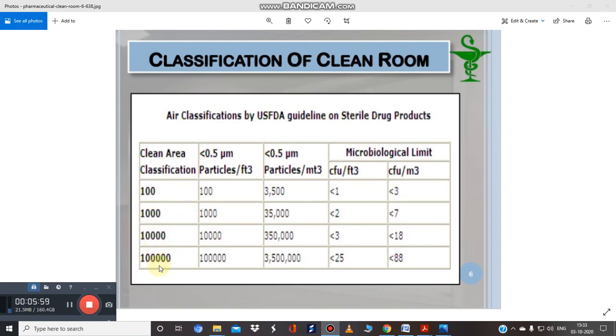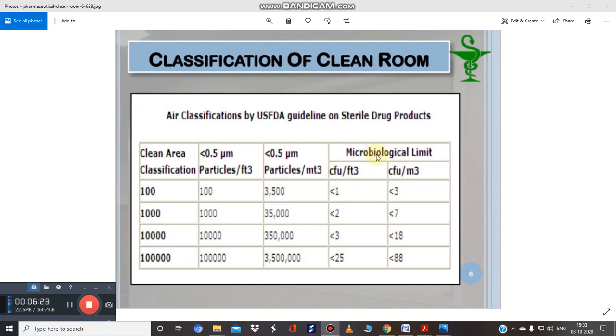In the same way, for particle size 0.5 micrometer, particles per cubic meter vary. For a class 100 area it is 3500, and for a class 1000 area it is 35,000. In the same way it proceeds.